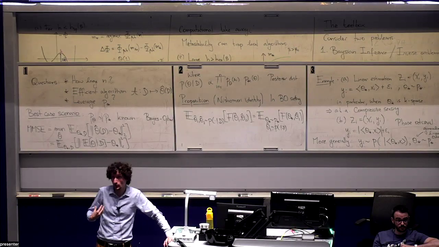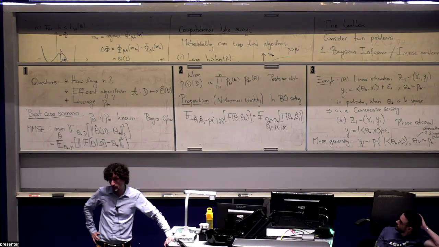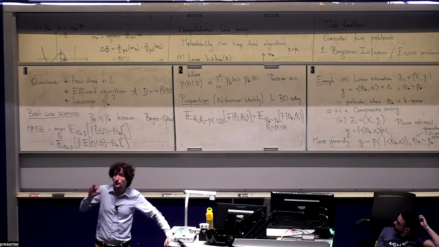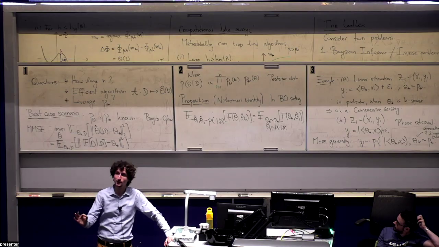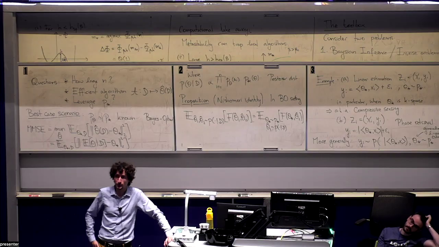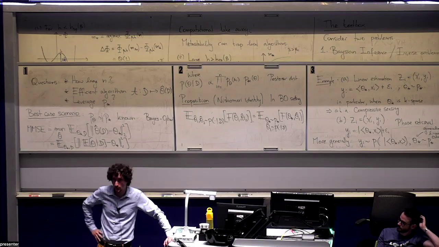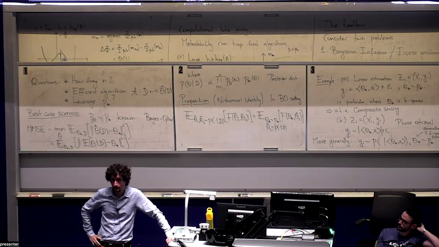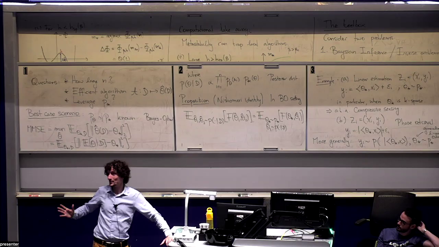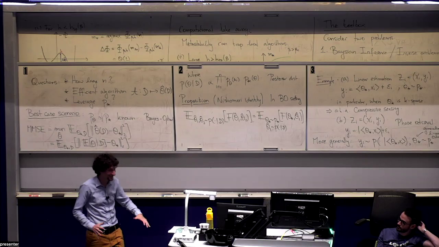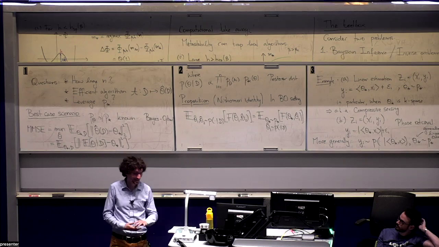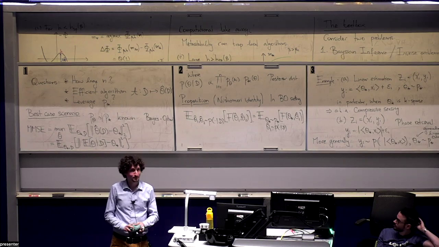Here, for me, it's just going to be a way of deriving bounds on the computational complexity of algorithms, because if I can show that even for the best case scenario you cannot recover the signal, it means that you cannot recover the signal information theoretically. So it's going to be a way of proving information theoretic bounds, the Bayes optimal setting. But in practice, you are never in the Bayes optimal setting. Maybe someone disagrees. Maybe some Bayesian statisticians in the room have strong opinions on that. But yeah.